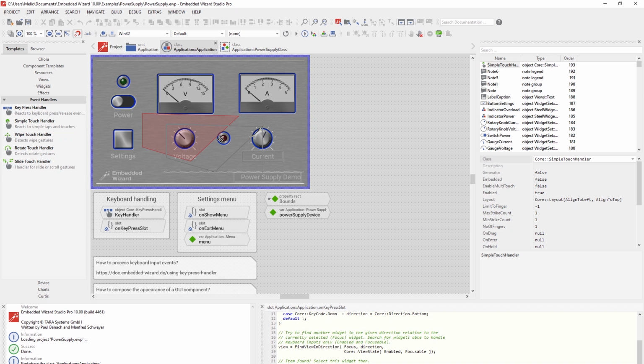As you just have recognized, it is the alignment to dedicated other views. And when I'm now holding down this view, then you see, for example, that this newly added simple touch handler aligns to the middle of the current knob as well as the top line of the power supply label, which is now located on the bottom right corner. And this magnetic mode gives us now the flexibility, or especially you, to align views to already existing objects. This can be elements lurking around, other elements, and it gives you flexibility really to snap into already existing